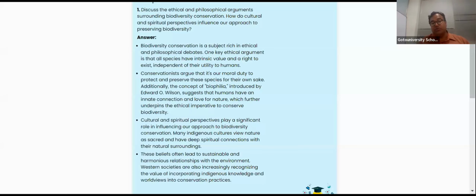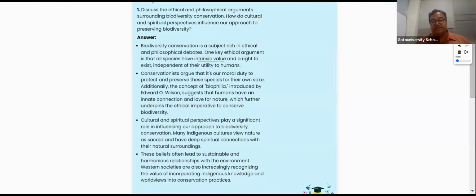We already told you many times in the last many classes that we need to give a lot of small paragraphs and write quite a good number of points. So here, in this intrinsic value